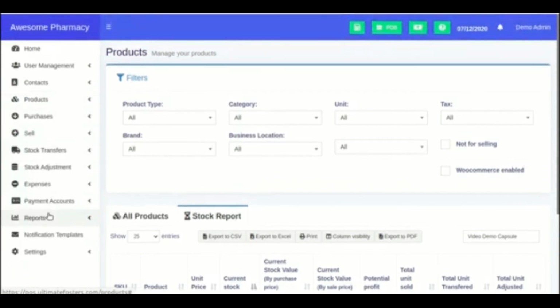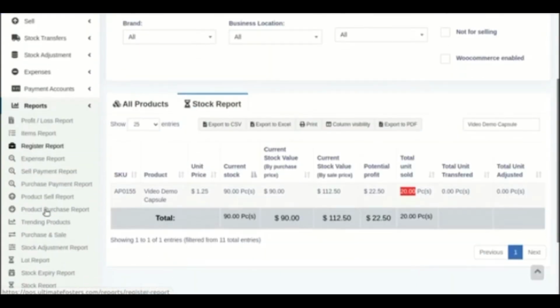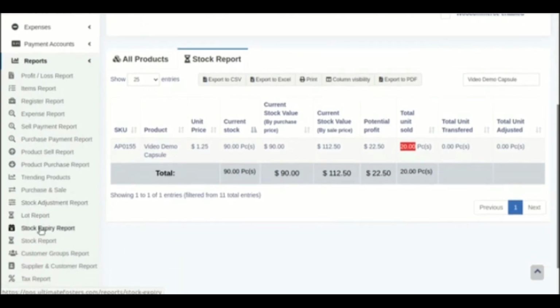If I go to the reports, inside reports we also have a stock report here.